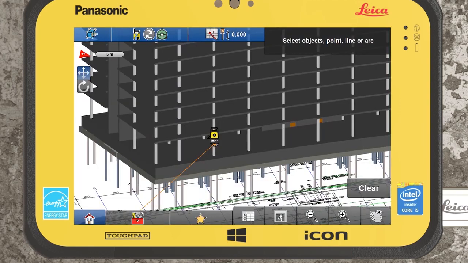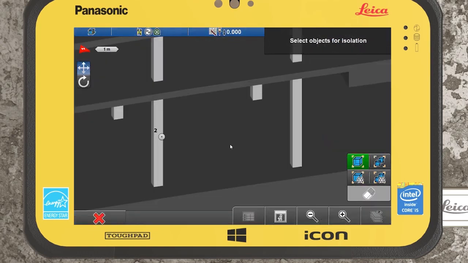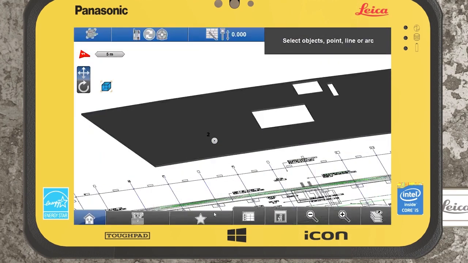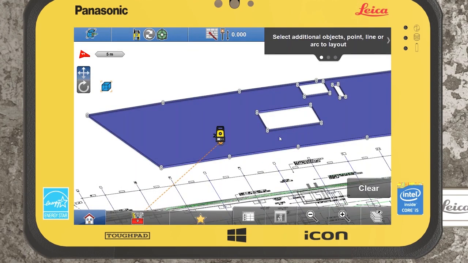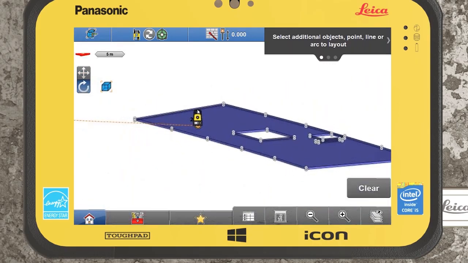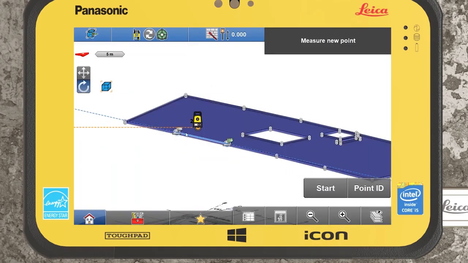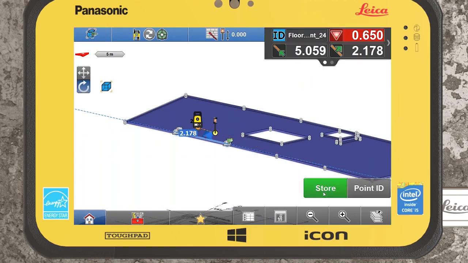Okay, guys, so I'll just return back to my single view here, and I will just disable the IFC3 view. So now, guys, if I wanted to actually do some setting out, I'll just use the isolate function again. I will select my floor slab and confirm. Now, when laying out with objects, quite similar to the stakeout application, all the user has to do is select the element that they're interested in, and the associated points and line work to that object will highlight. And then if we wanted to set out the edge or this line here, we just select our line like we normally would